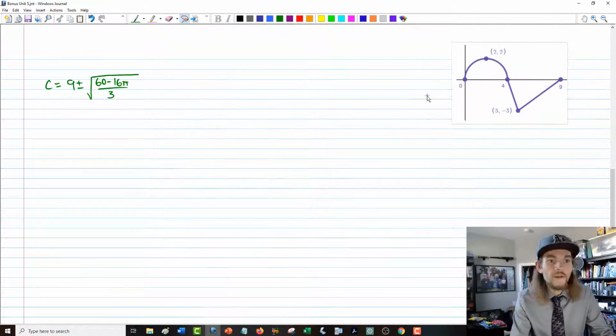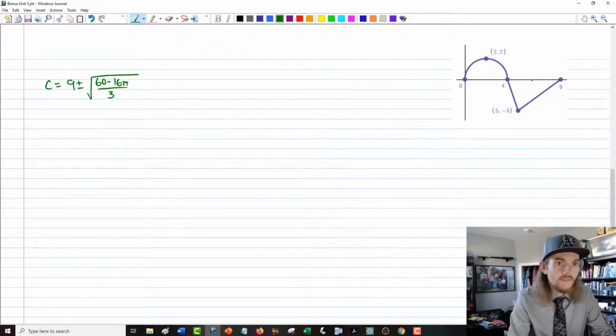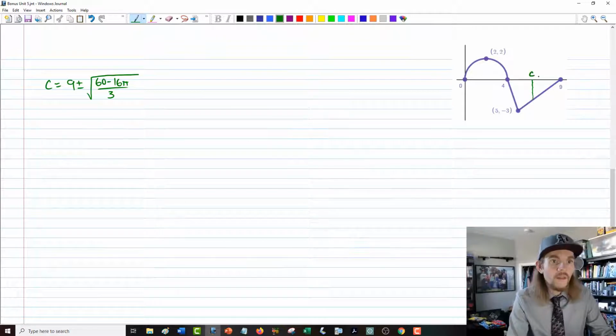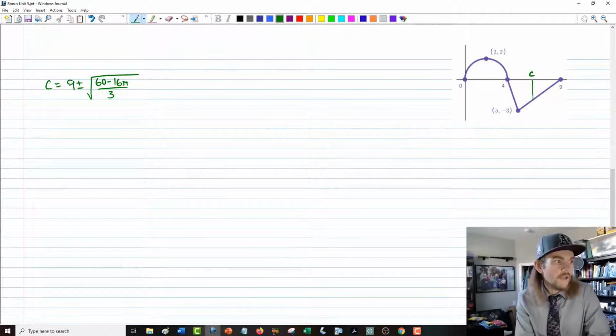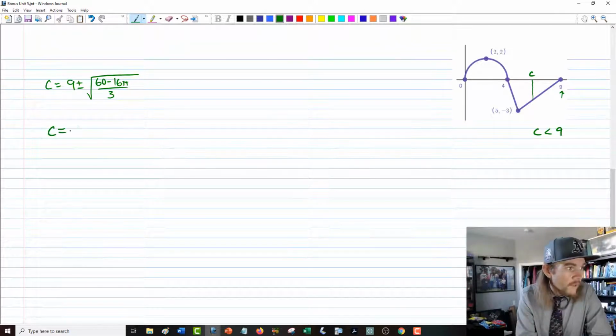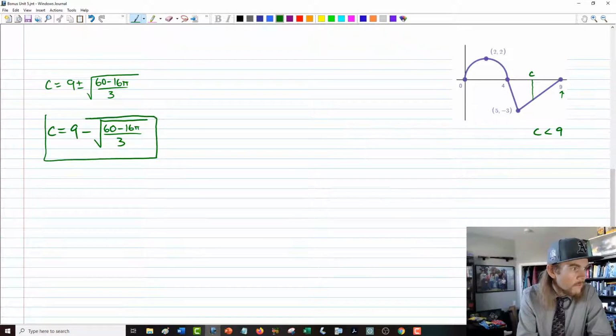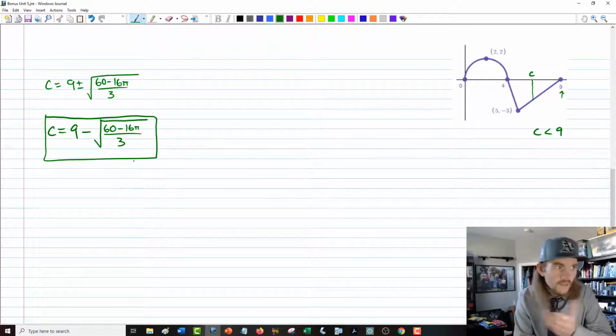So basically, we're trying to find the c value, and we said already that the c value is somewhere over here. So if we look at this, our possibilities are 9 plus square root of something, or 9 minus the square root of something. Since 9 is here, we need c to be less than 9. Therefore, the c value we're looking for is 9 minus the square root of 60 minus 16 pi, all divided by 3. There are multiple exact versions you could go with, but that is the answer